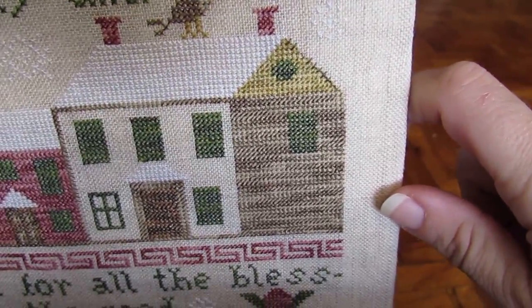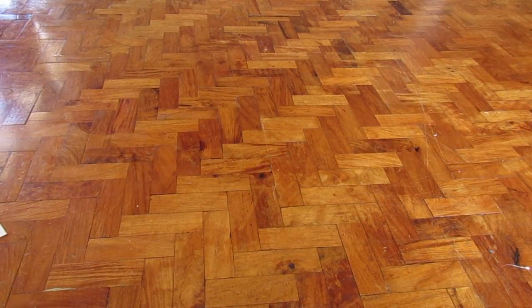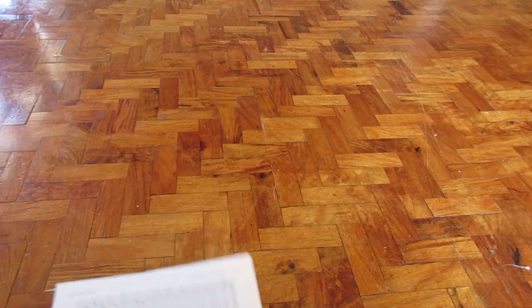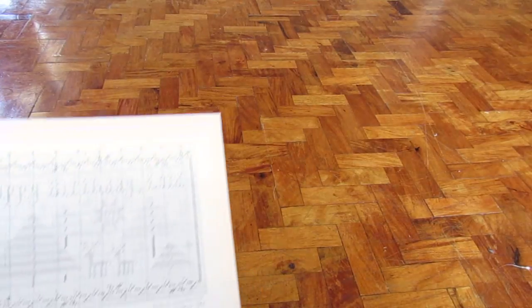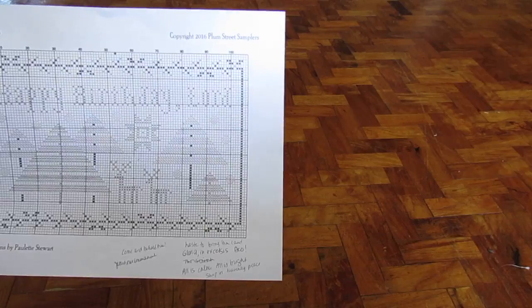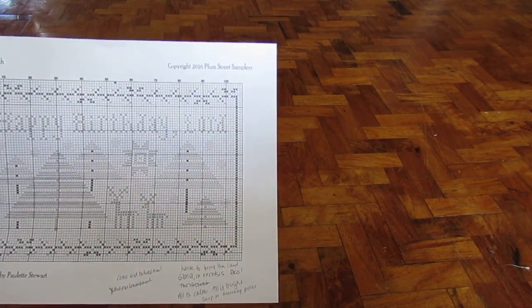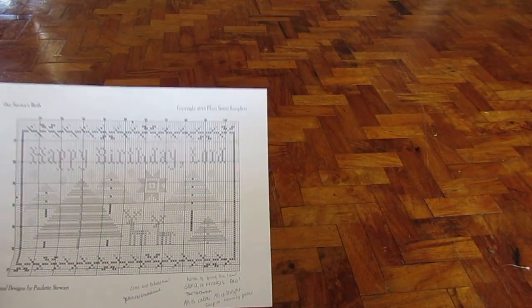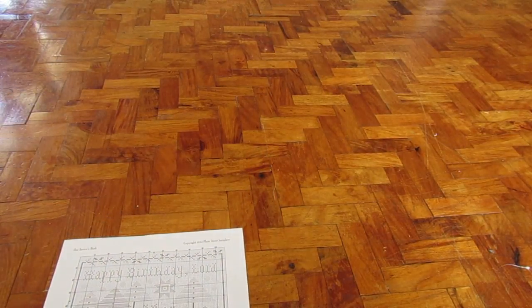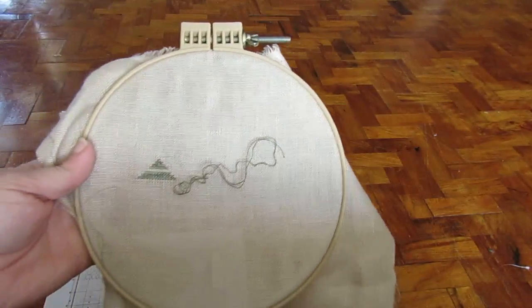So if that's not making sense to you, I'm going to do a little demonstration so that you can see what I mean. I'm working on a free pattern. It is called Our Savior's Birth from Paulette at Plum Street, and I will link this chart below if I can find it online. I didn't get on to check beforehand, but that was a free chart from last year. And I'm working on